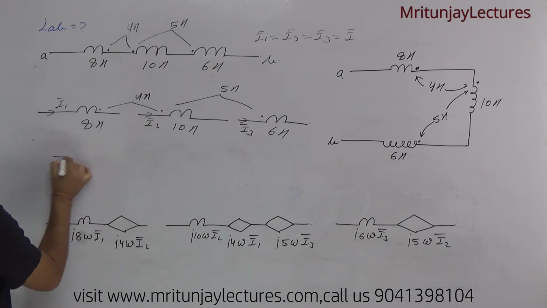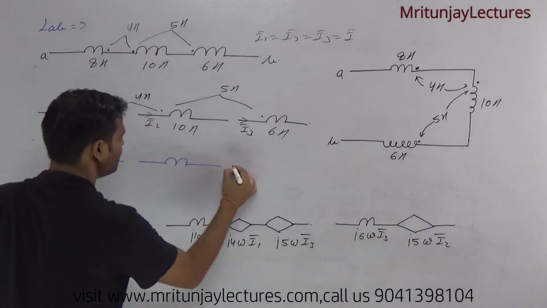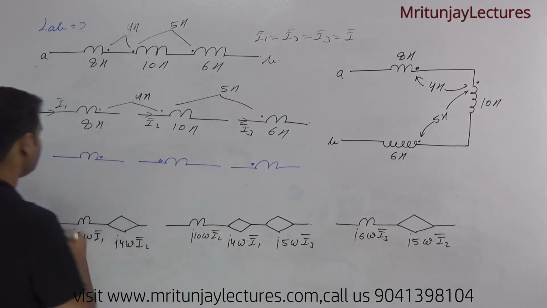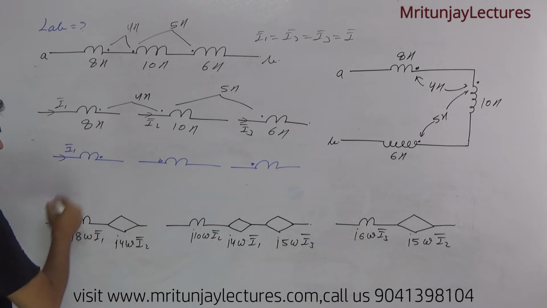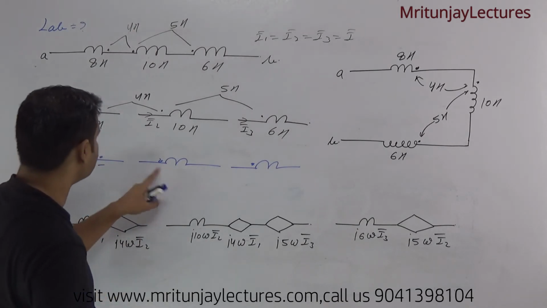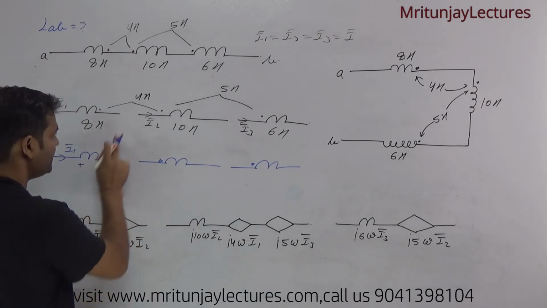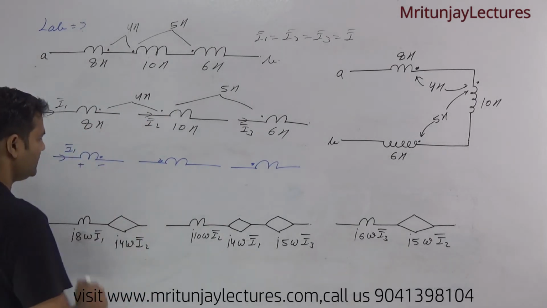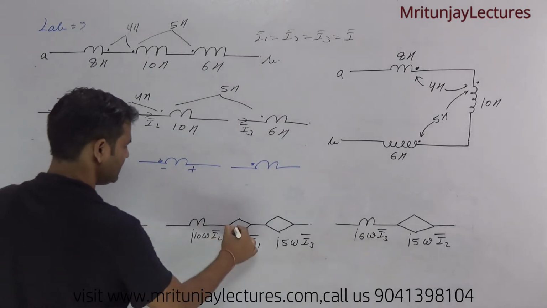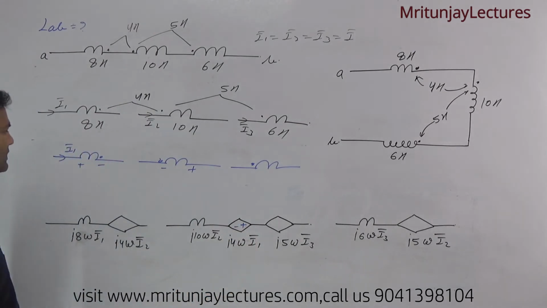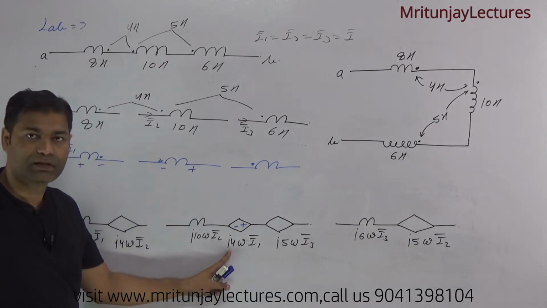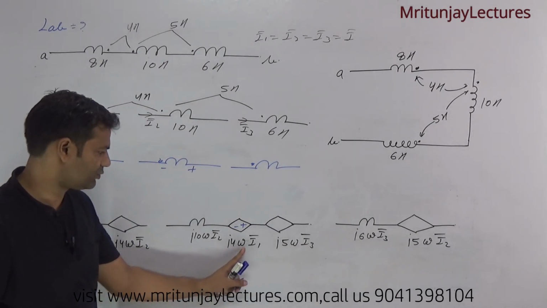I know that if you consider here this one and this one, dot, dot, and dot. If current I1 is flowing here, then it goes plus to minus. So I1 affects the I2 circuit, only the I2 circuit, because of mutual inductance between both. That's why the dot is negative, here positive. So this one is negative, and this is I1's effect on the I2 circuit. That's why minus, and this is plus. And the mutual voltage is j4 omega into I1.